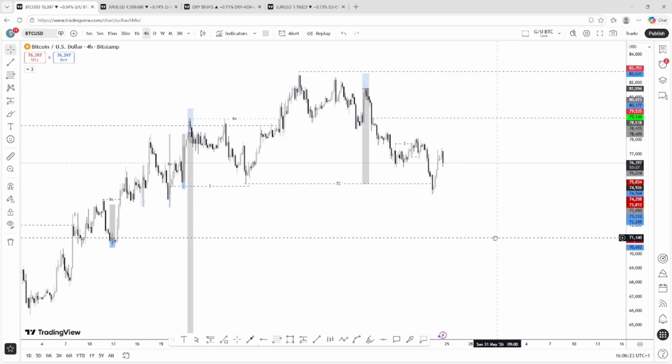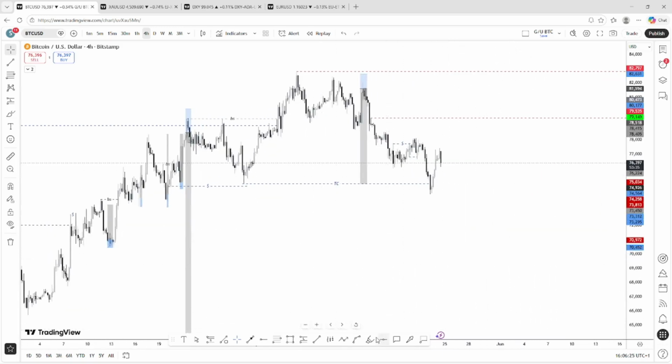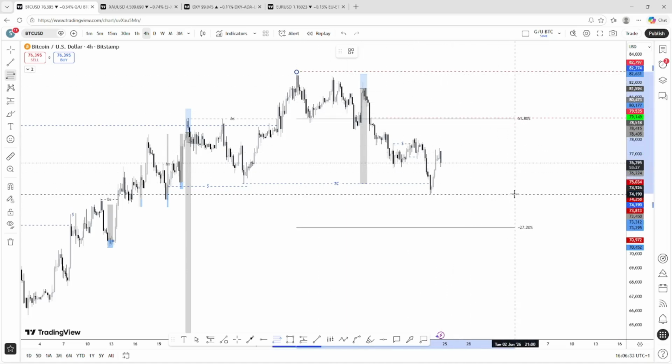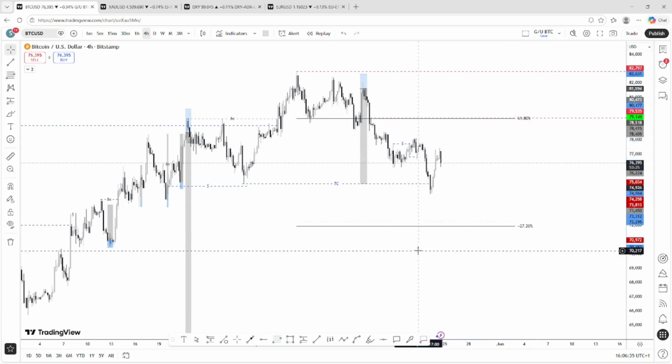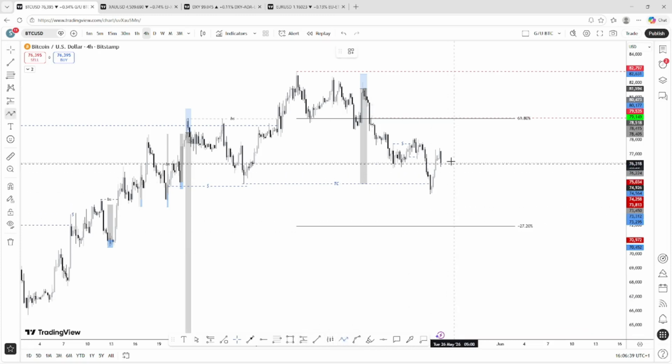As usual, whenever we have a break of structure or an impulsive phase, there will always be a correction. Currently on this Bitcoin chart, I'm anticipating that price can probably retrace higher